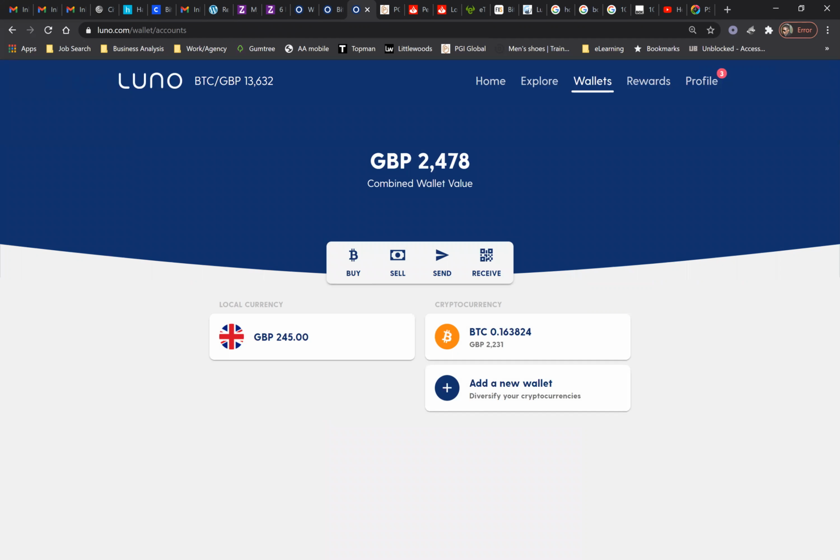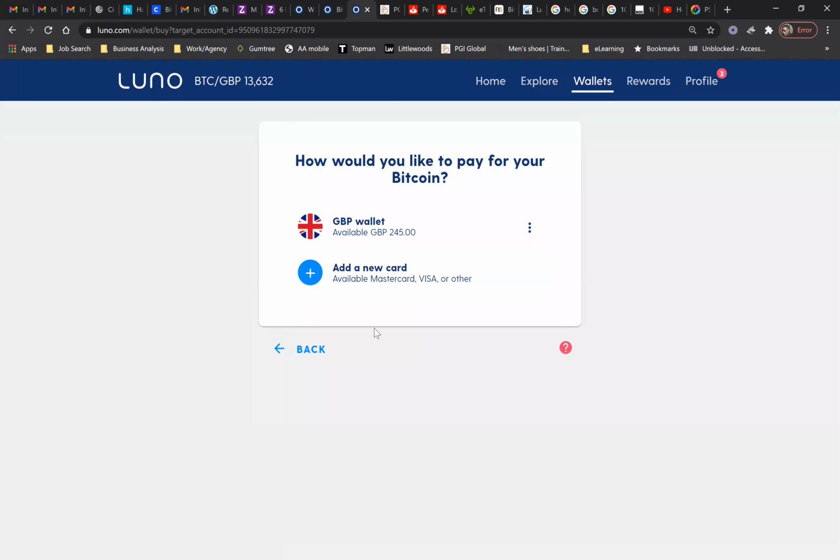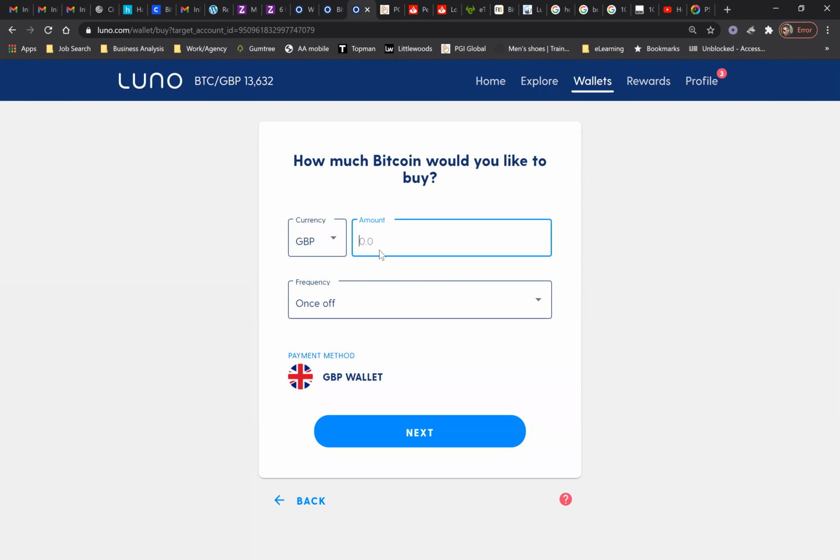So now we want to look at the second thing, which is how to purchase a Bitcoin. Now we're going to purchase a Bitcoin with this 245 pounds that we have. And how do we do that? It's very simple. All we need to do is go to buy, select Bitcoin as what you want to buy, and select the source where you want to fund the Bitcoin you're buying. The source in this case would be the GBP wallet. Now, when I select that, I can then say I want to buy a Bitcoin worth of 245 pounds, and it's a one-off